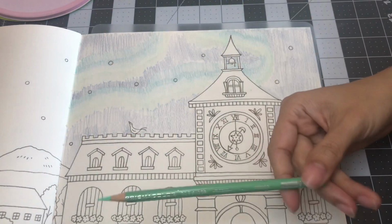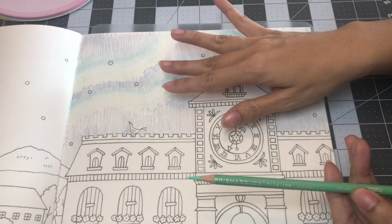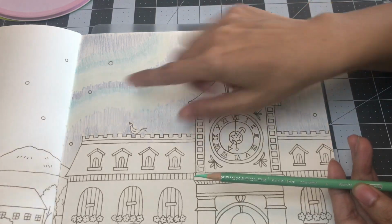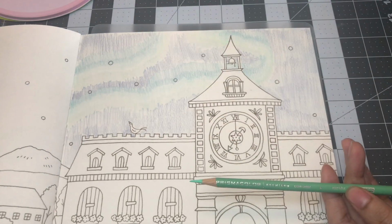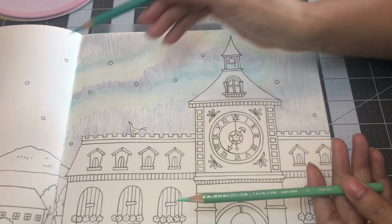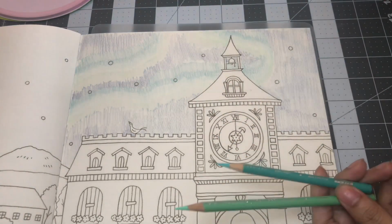So now I'm going to come in with the light green, and I'm going to just keep at where I colored it in from the first layer, and I'm just going to slowly add each color. So after the light green, I'll come in with the light aqua, and then so I'm only going to color in the area where I put the light aqua, and then I'm going to come in with